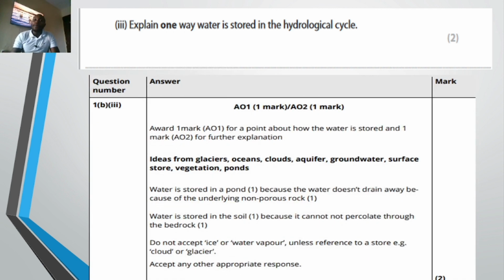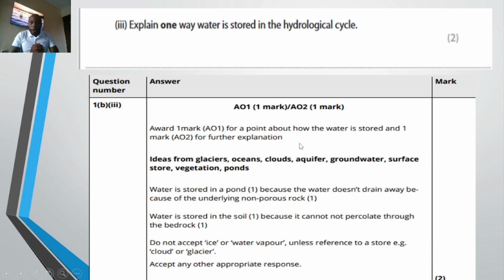Now this question is a 2 marks question, and how are we supposed to answer it? You should get ideas from glaciers, oceans, clouds, aquifers, because these are the stores. Okay, groundwater, surface store, vegetation, ponds, those are the stores. So we award 1 mark for a point about how the water is stored, and 1 mark for further